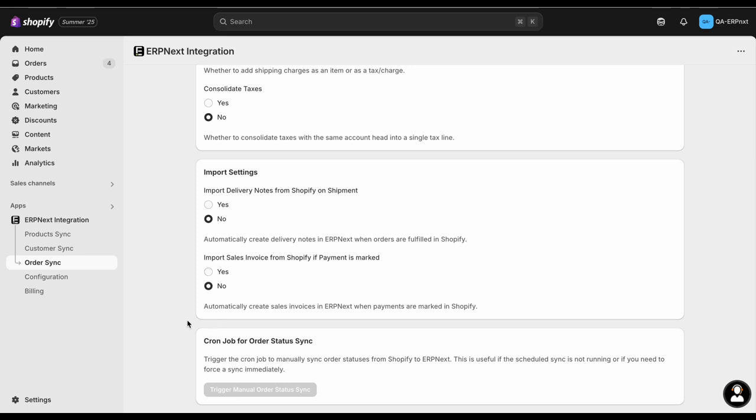And that's it. Once everything is set up, your Shopify and ERPNext systems will be seamlessly connected, and data will